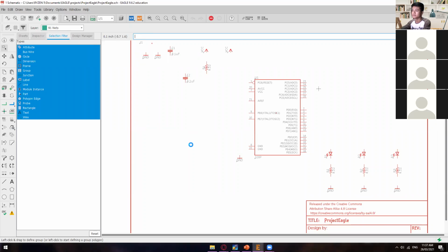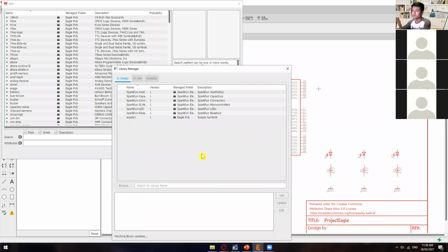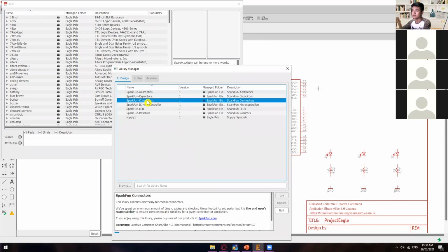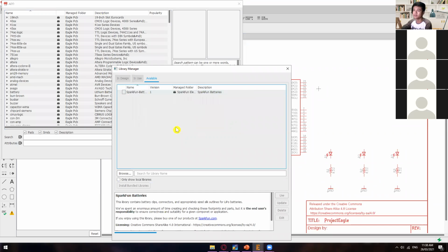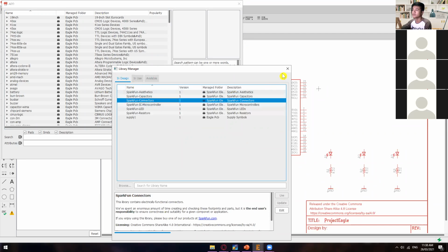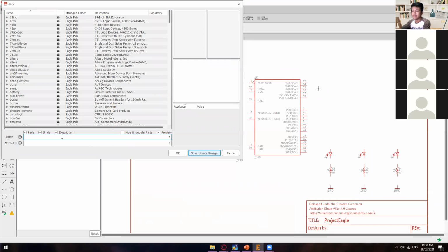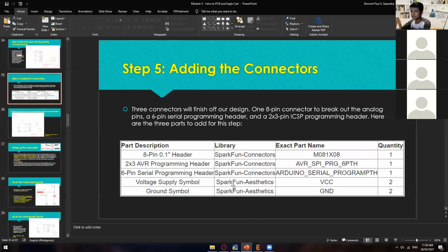All right, so let's add a library. Again, add, and then open library manager, Sparkfun Connectors. Okay, so we already have it. These are the libraries that we have imported from the available libraries right here. Since we already have the library of Sparkfun Connectors, we can now search for the specific